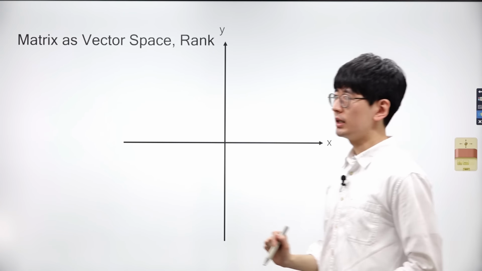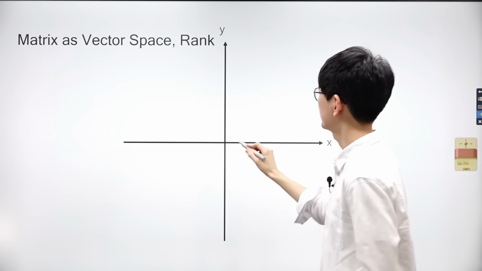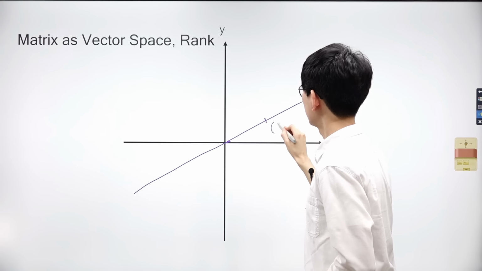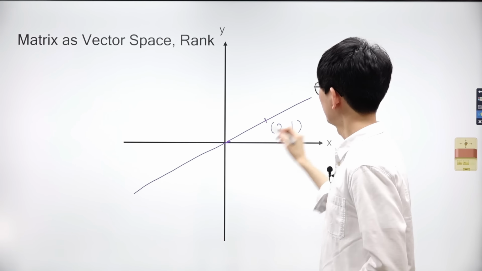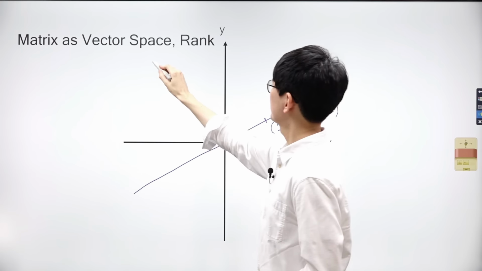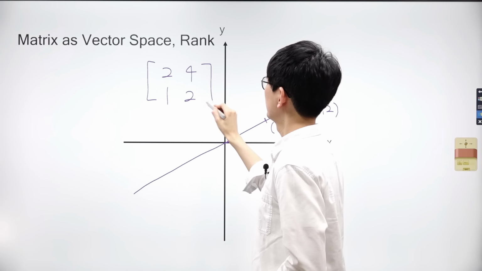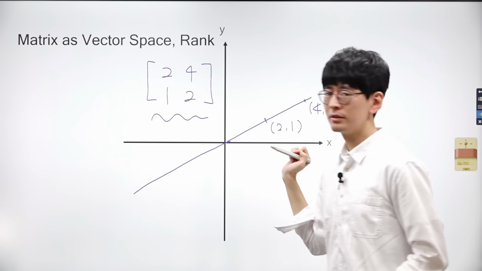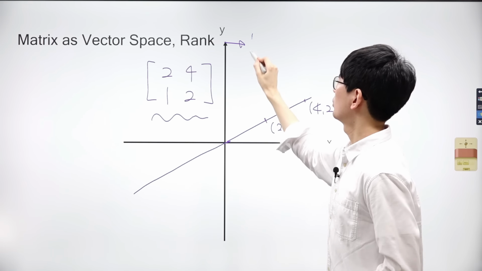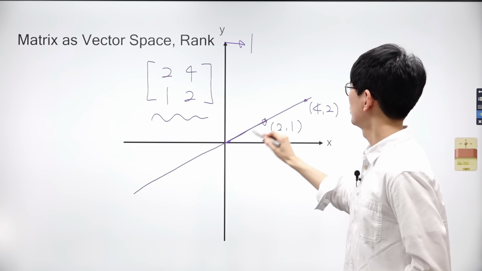So is it always true that the rank of the matrix is always the same as the length of its width? Not necessarily. Let's draw a straight line on a two-dimensional plane. We'll place 2 points on the same line. The resulting matrix will be a 2 by 2 matrix with values 2 and 1 in the first column, and 4 and 2 in the second column. What's the rank of this matrix? The answer is 1. Let me explain why.